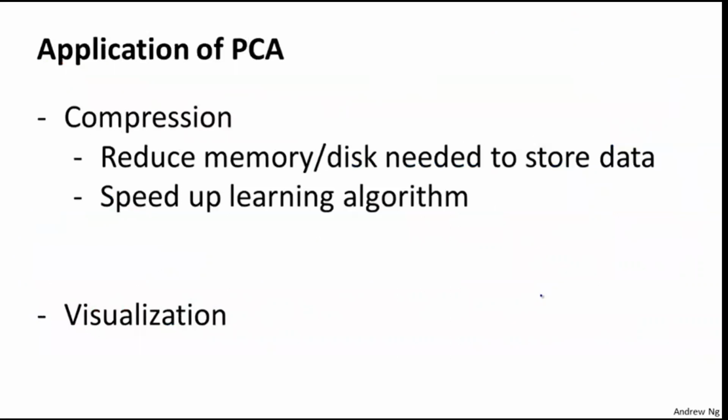To summarize, we've so far talked about the following applications of PCA. First is the compression application, where we might do so to reduce the memory or the disk space needed to store data. And we just talked about how to use this to speed up a learning algorithm. In these applications, in order to choose K, often we'll do so according to figuring out what is the percentage